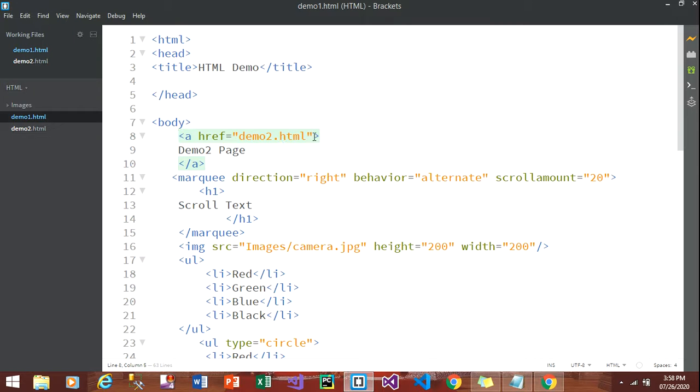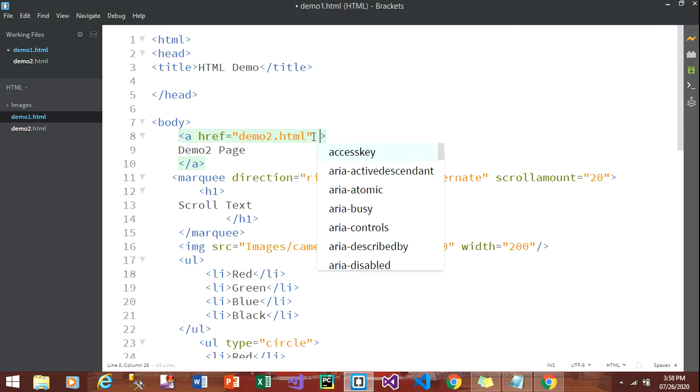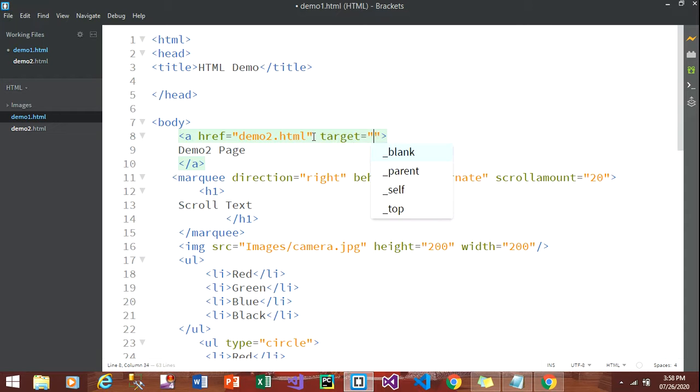In some scenarios, I need to open the page in a separate tab, in a blank tab. What you will do in that case is, we just need to add one more attribute, that is target, and we'll set the value as blank. So target equals underscore blank.